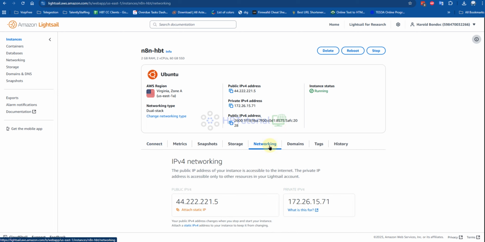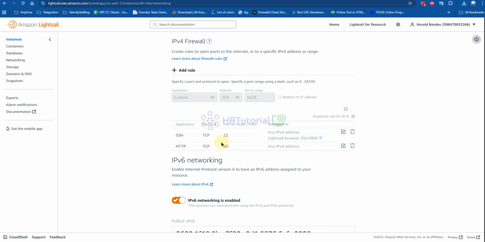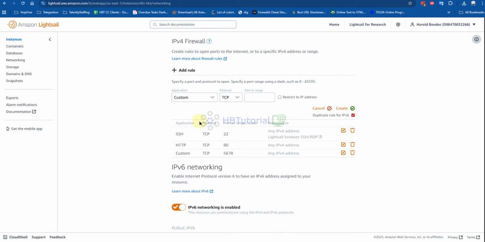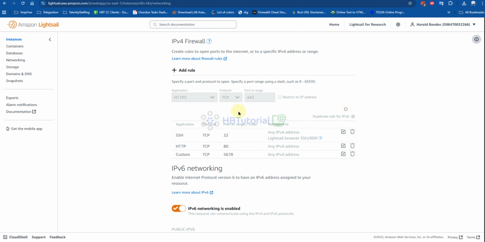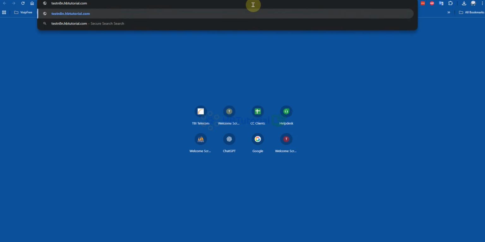First you need to allow the port over here, 5678. Then I need to also add the following port, HTTPS. Because we already have a domain, if we access port 5678, you will see this error.